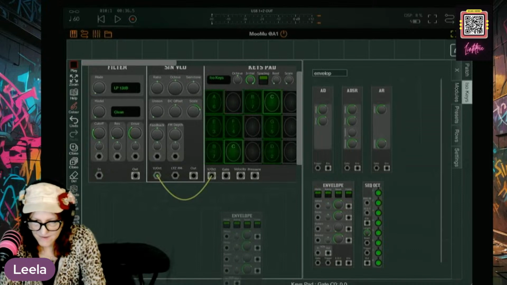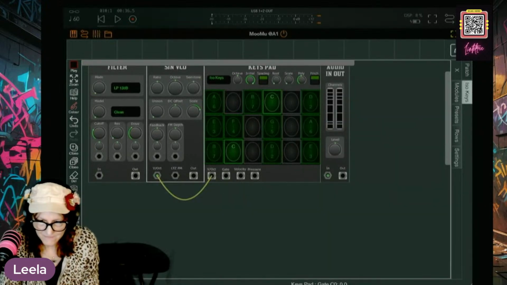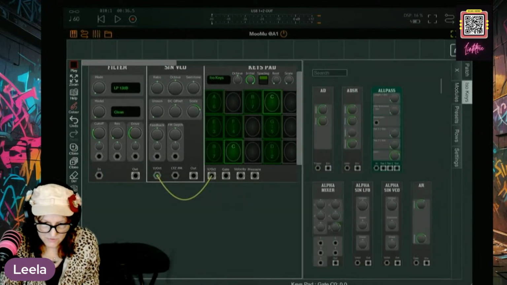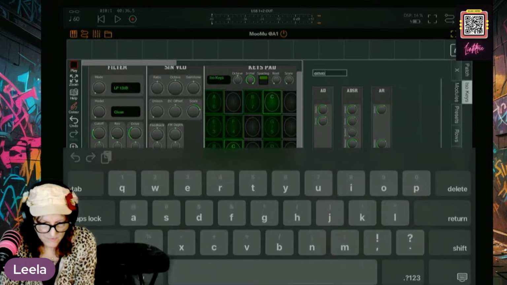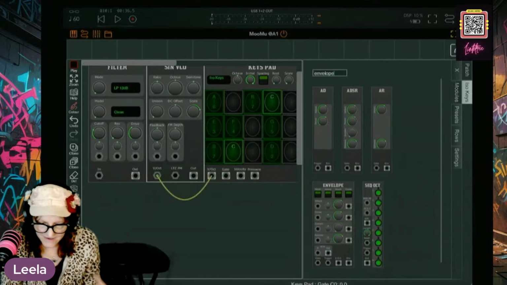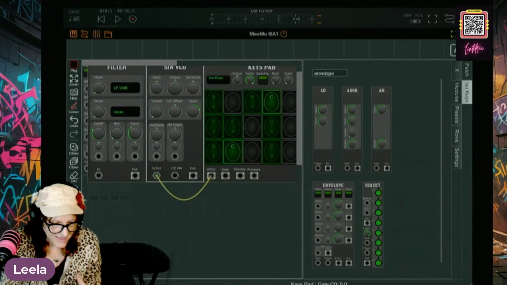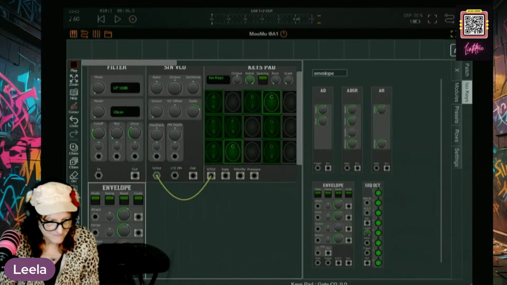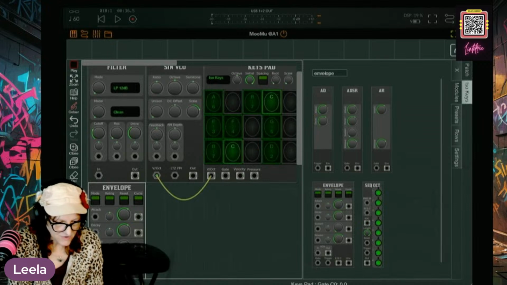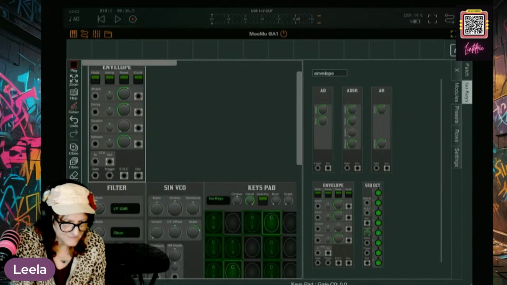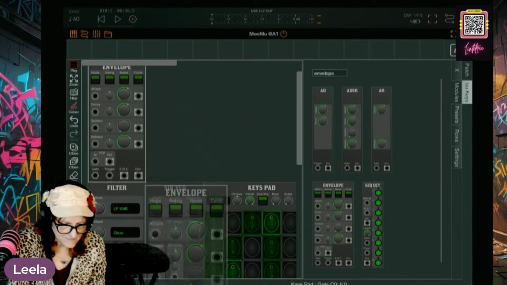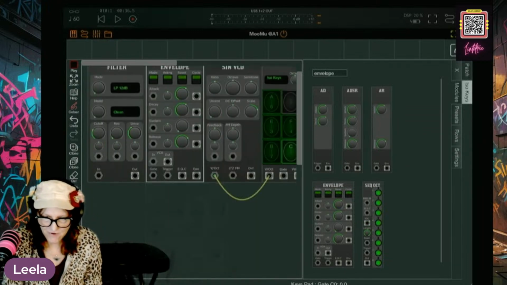Let's modules. Envelope. This is the part where I'm not very good at this. So there you go. Let's drag that in. Boom. I could have said the top in the row I want. There we go. They're all together.